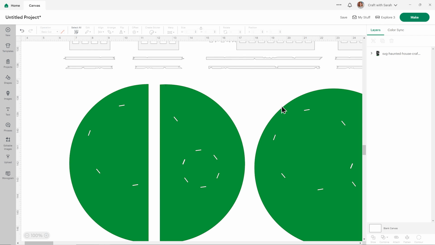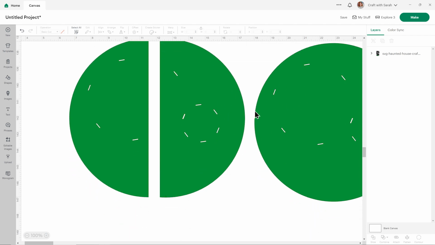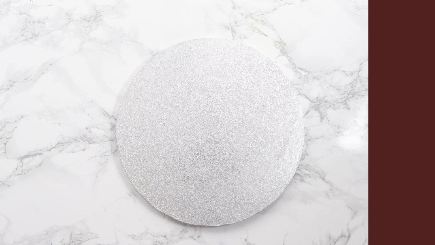I've bought a 10-inch cake board, which I am going to show you how to measure to make sure that your haunted house design in Design Space will end up at the perfect size for whatever it is. I'm going to show you that and also talk a little bit more in the next part about different types of board that you may wish to put your haunted house on, or if you don't have one, how you can create something custom.